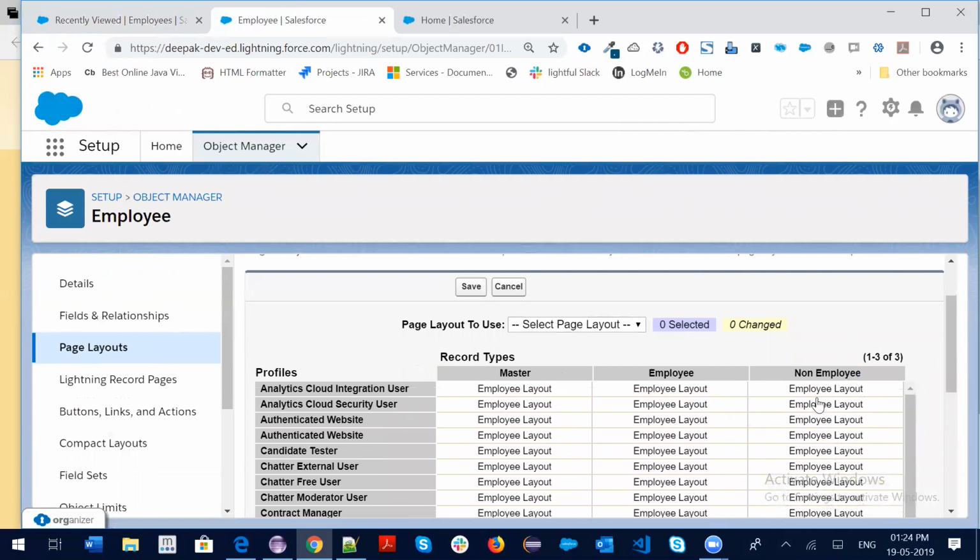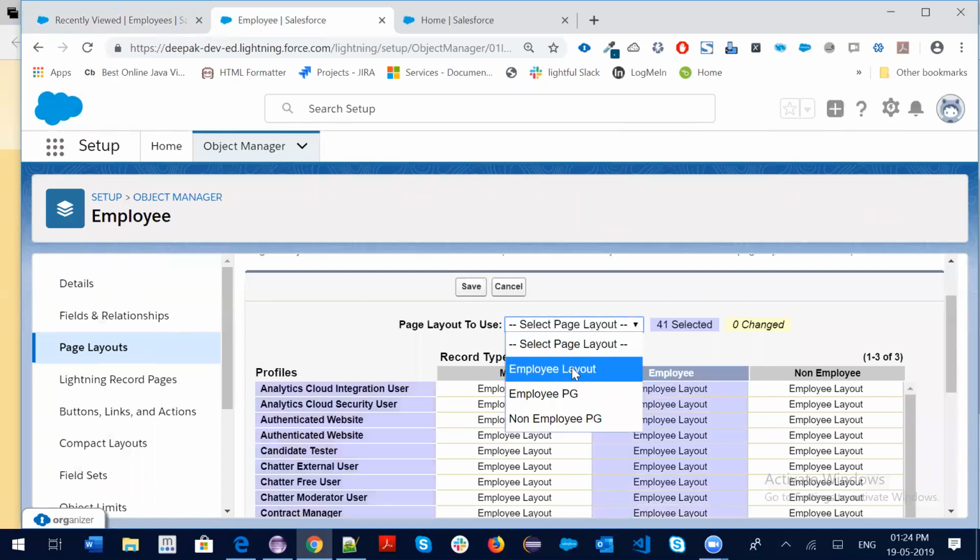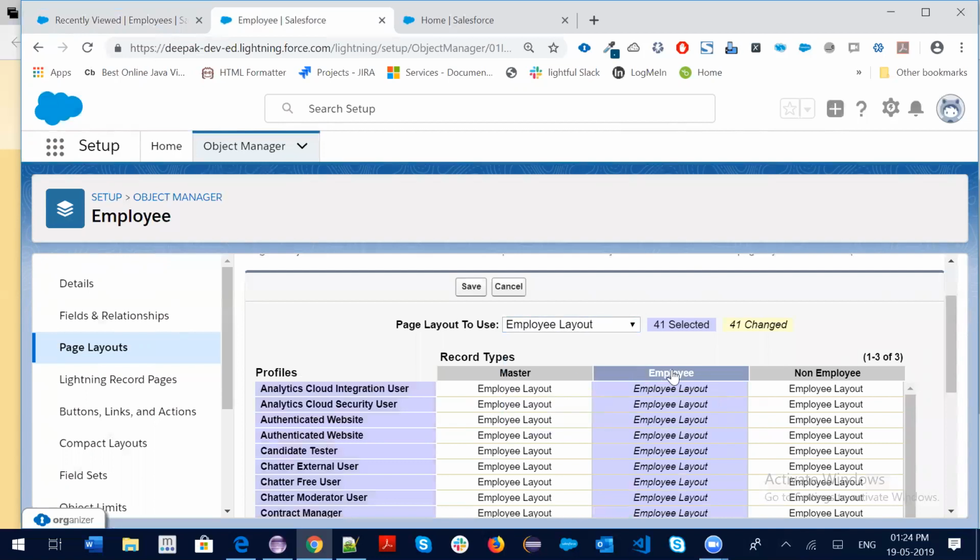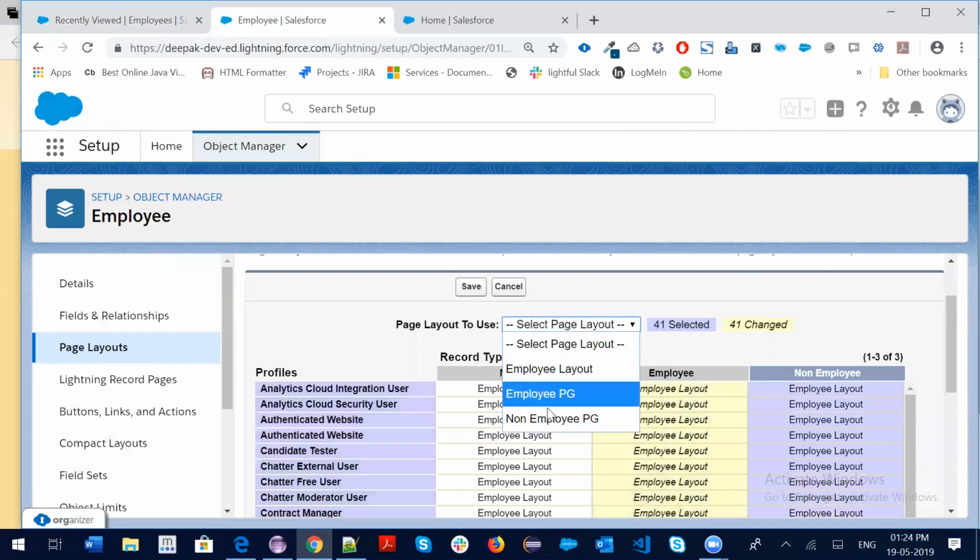I need to change this one. So just click on this, select the employee layout. If you don't want it, unselect. Okay. If you don't want it, just select employee layout and then select non-employee layout. Okay,